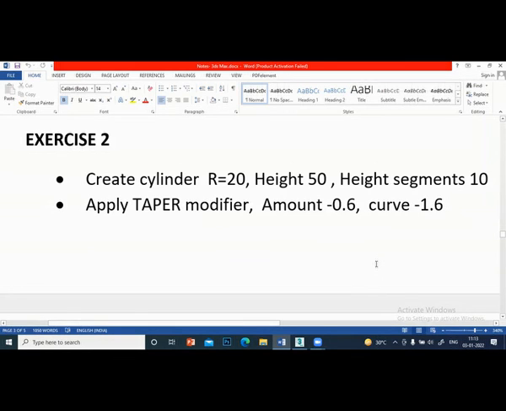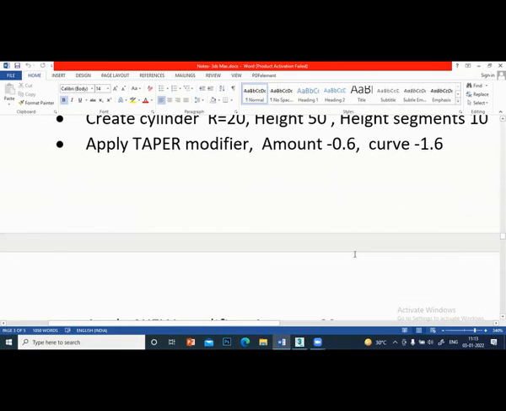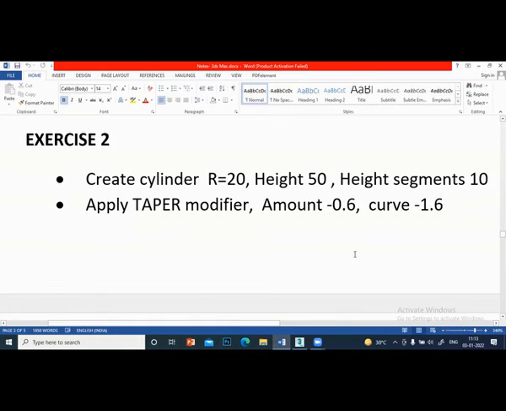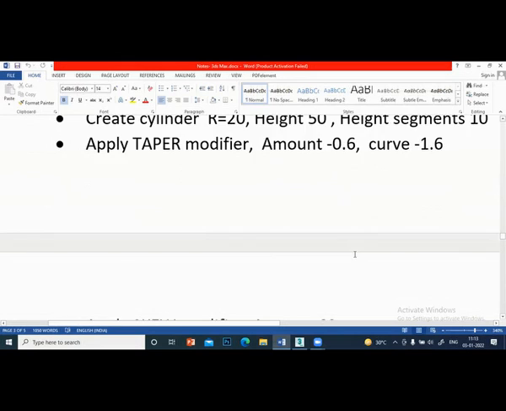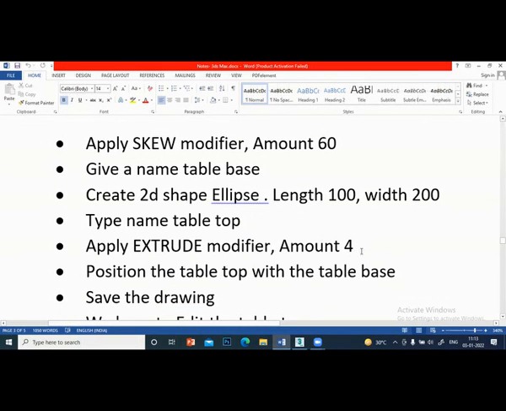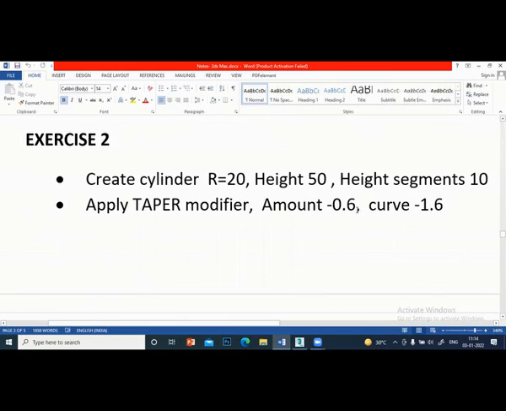Amount is minus 0.6, curve is minus 1.6. Now apply skew modifier, give amount 60. You have written here the first two steps. Write down this.